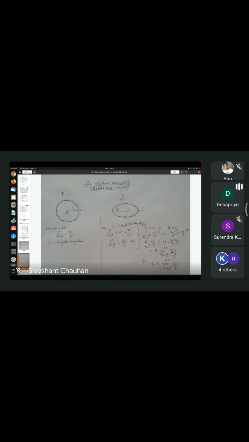Now suppose you apply an electric field as shown on the right hand figure. The electric field is directed from right to left, say, and suppose it is uniform. So under this electric field, the electron would be attracted to the right, because the electron will tend to move in a direction opposite to the electric field. So what happens is that the orbit becomes non-circular, something like an elliptical orbit, not exactly an ellipse, but an oval-shaped orbit.